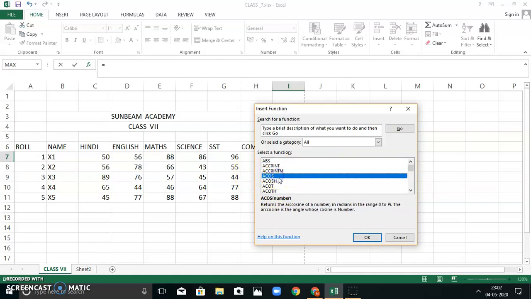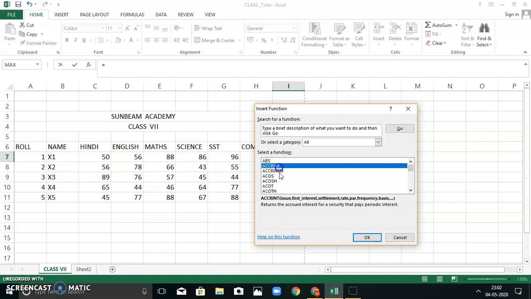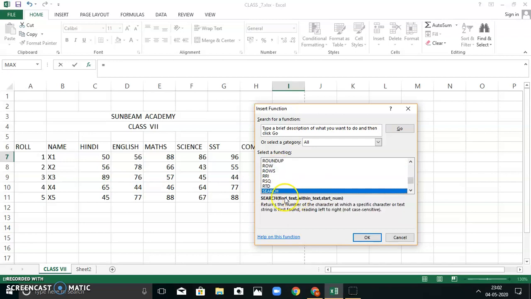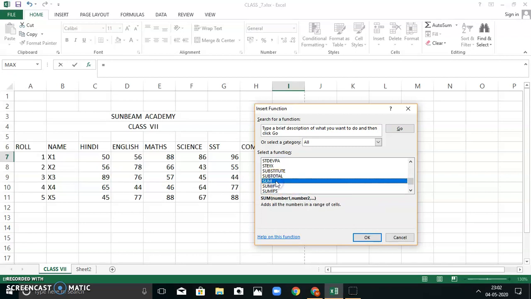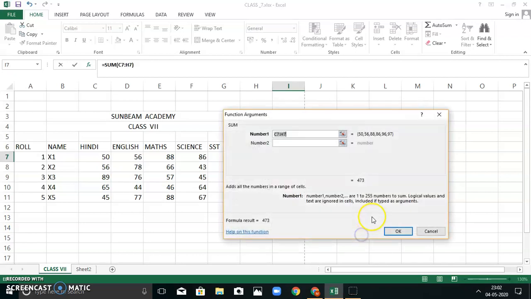I have to choose sum because I have to add all the numbers, isn't it? So I will press any one of the functions and press S, so the functions starting with S will come automatically. Then see where is sum. Yes, this is sum. Select the sum and click OK.